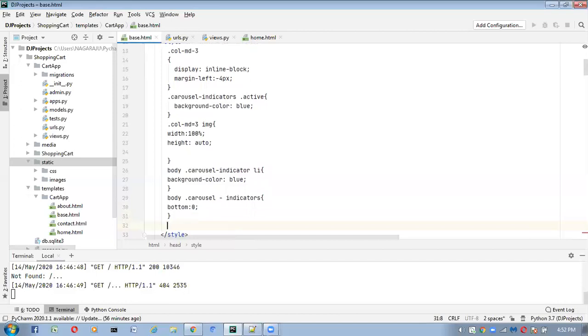Next, what we have to do here is body dot carousel-control.